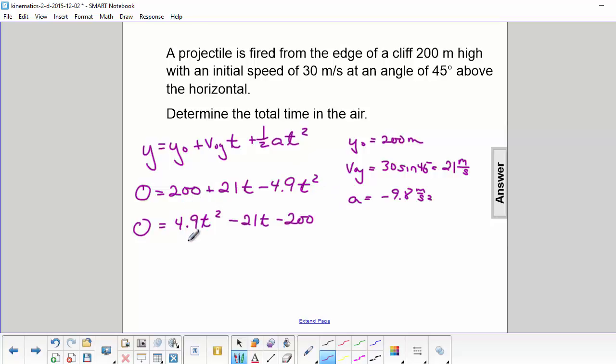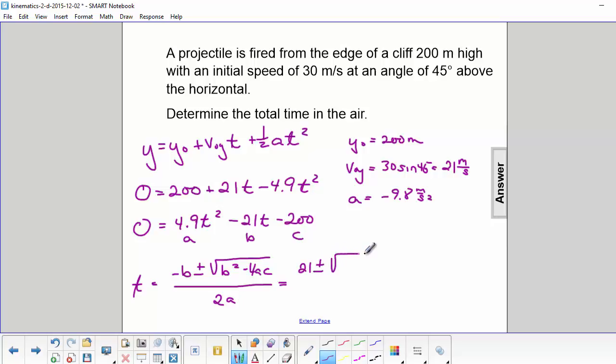So now we can see this is our A, this is our B, and this is our C. So we're going to plug that into the equation. Negative B plus or minus the square root of B squared minus 4AC all over 2A. So let's plug those in. So we get negative 21, so that's positive 21, plus or minus the square root of 21 squared, and since it's negative and it's squared, the negative will go away,